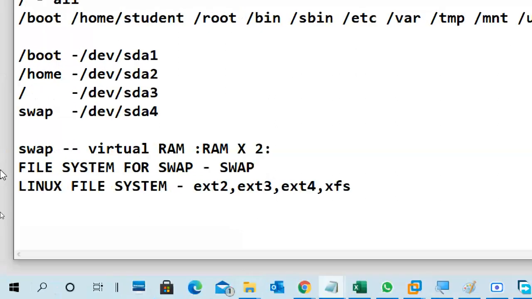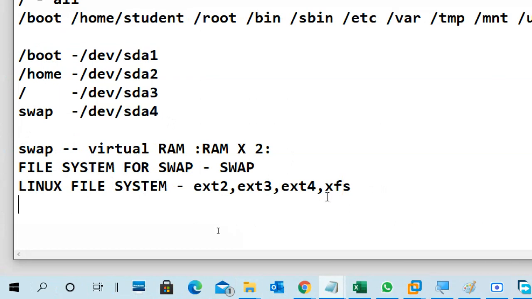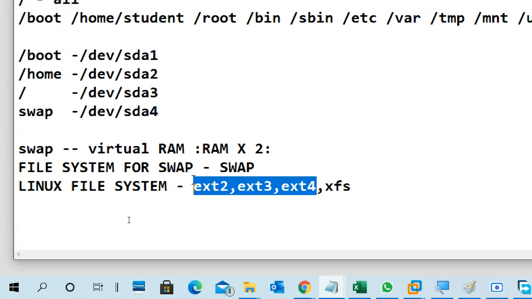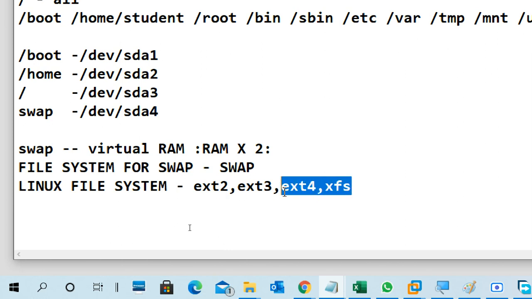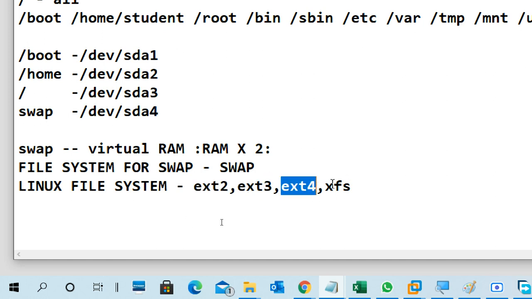These are the file systems. By default, in CentOS 7 the default is xfs, it will show. Later we can use ext4 also. ext4 or xfs are the latest versions. These are old versions. This is the latest version, and this is also one of the latest versions.